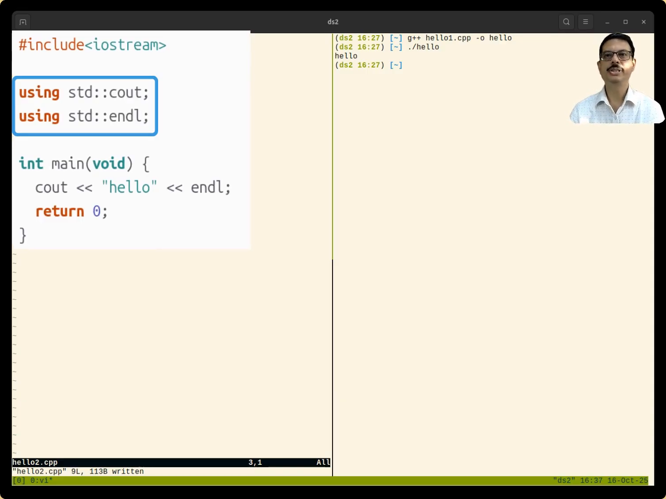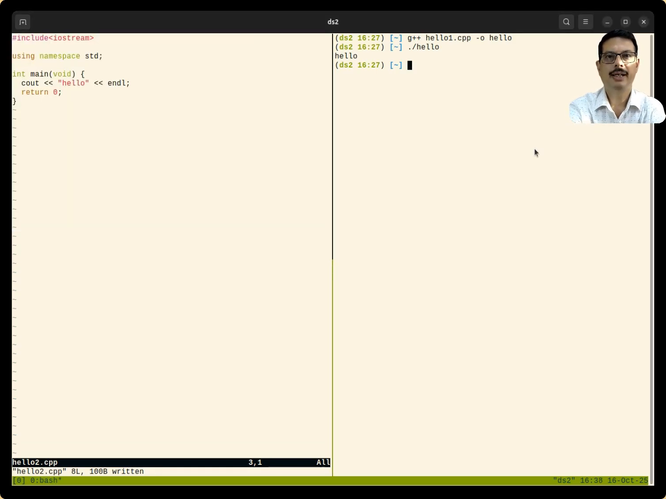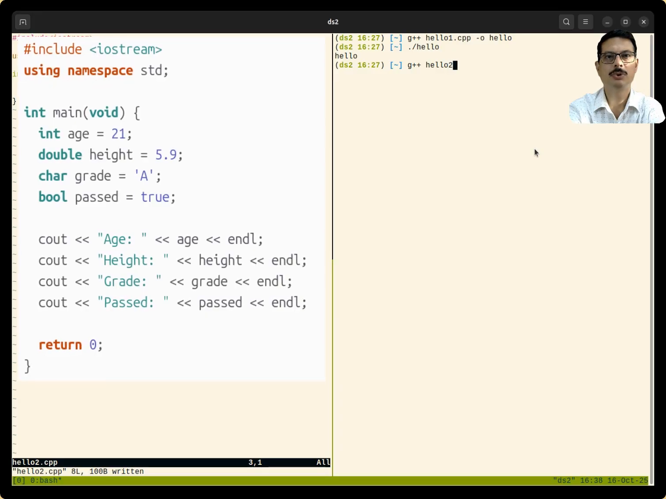You can write using std::cout and using std::endl to mention that wherever you find cout and endl later, they are coming from the standard namespace. So rather than taking everything from the std namespace, you are explicitly mentioning specific keywords that are coming from the standard namespace. So let us compile this program and we will see that it is giving exactly the same output as the